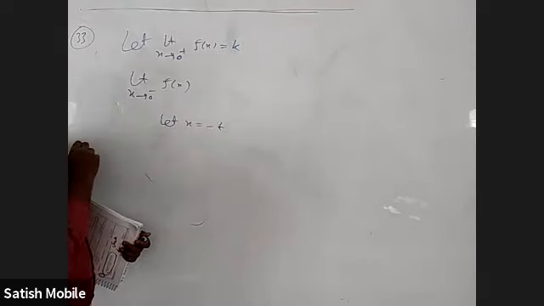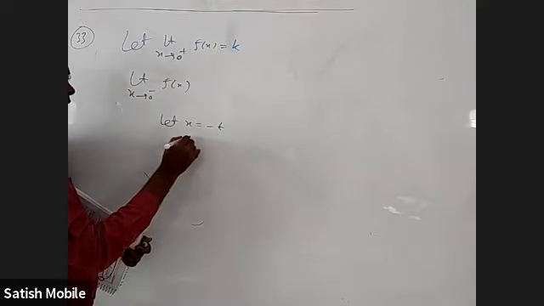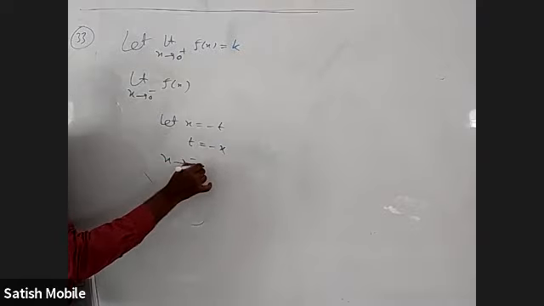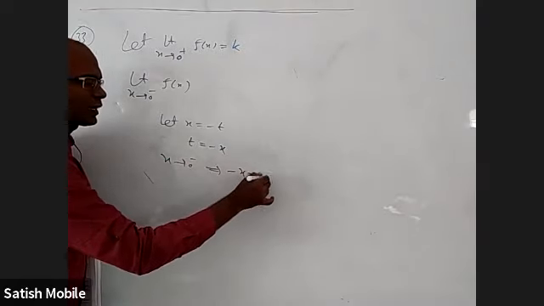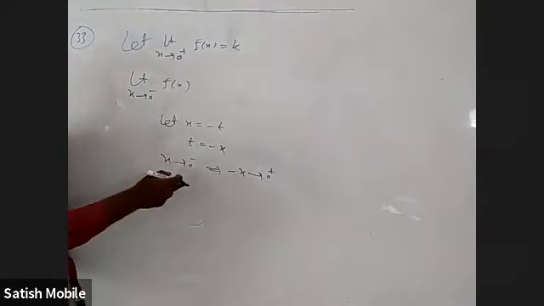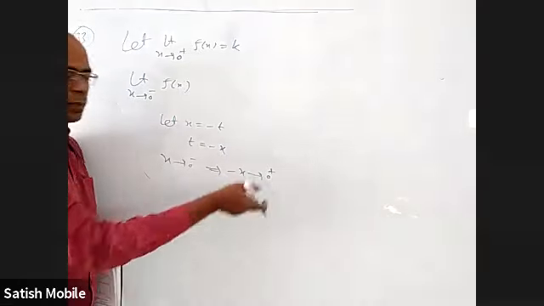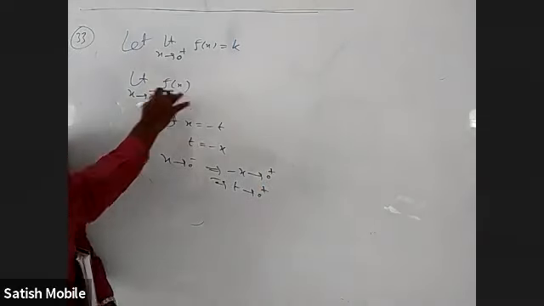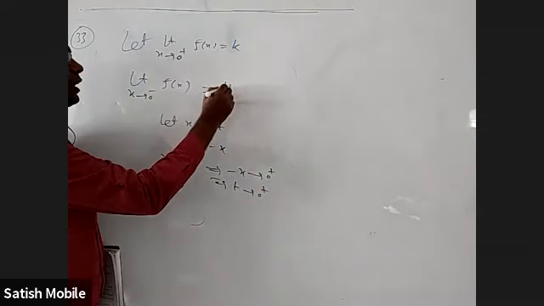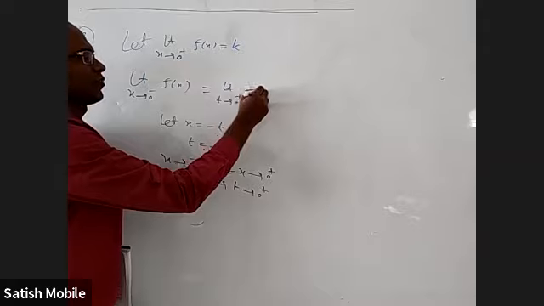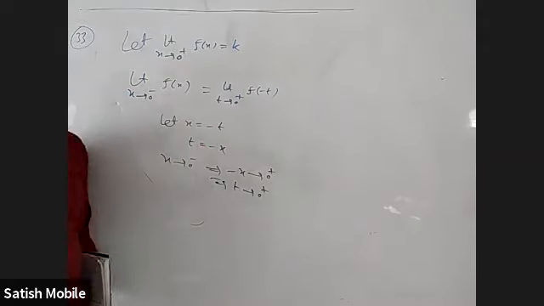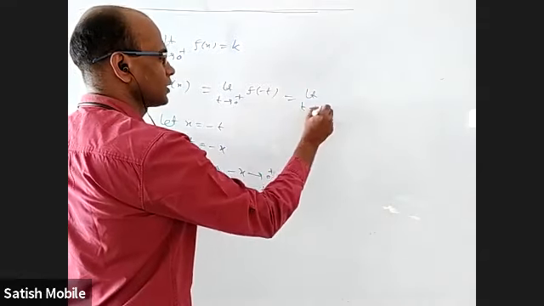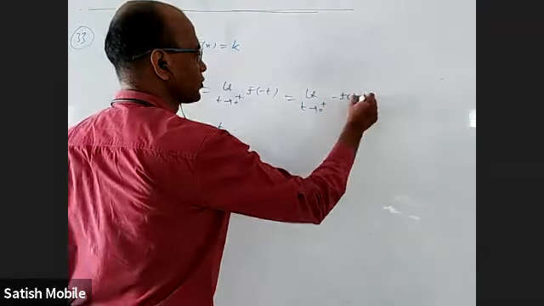Let x equal to minus t. Now I can write t equal to minus x. When x is tending to 0 minus, minus x will be tending to 0 positive side. If x is approaching 0 from the negative side, minus x will approach 0 from the positive side, that is t tends to 0 plus. I can change this now as limit t tends to 0 plus of f of minus t. Wherever x is there, I wrote minus t. But f is an odd function, so limit t tends to 0 plus, it will be minus f of